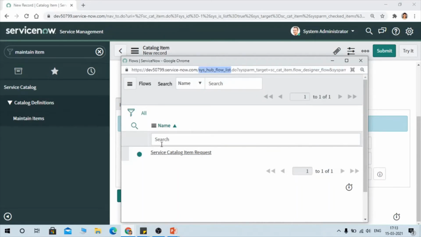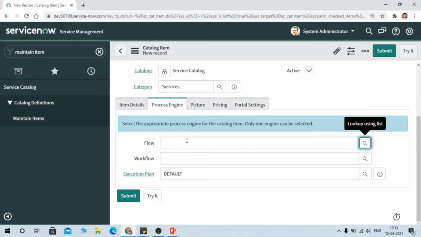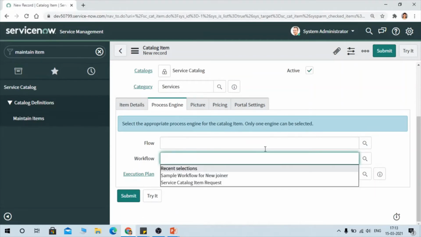Okay. So now there's one existing, you can go to the flow designer and you can create the new flow according to your requirement. And this is the workflow. I mean, let me tell you one thing. Flow designer is something where you can use minimum scripting and you can achieve your requirement. So this is something new that has been added by ServiceNow. Even some admin can also go and create a flow designer, which can be added into the catalog item. And workflow, you can do lots of dynamic things by workflow. So okay, first we'll create this catalog item, and then we'll try to create the workflow. Okay, and we'll add it here.